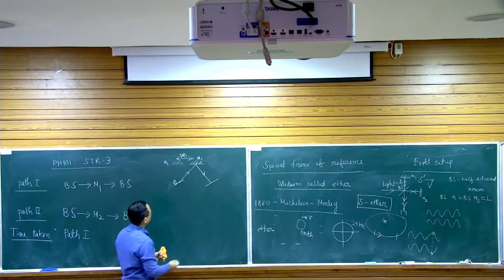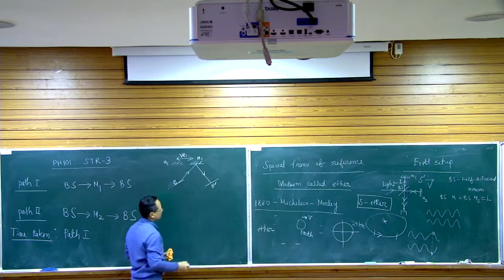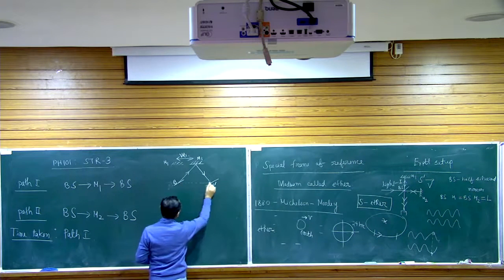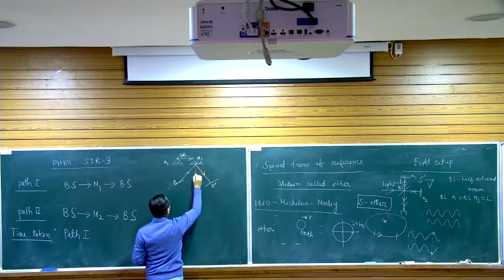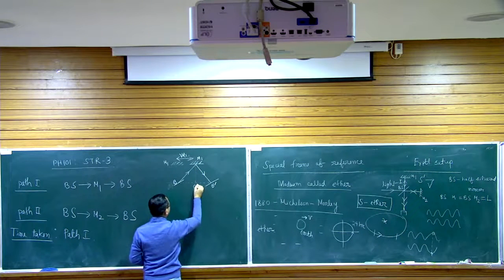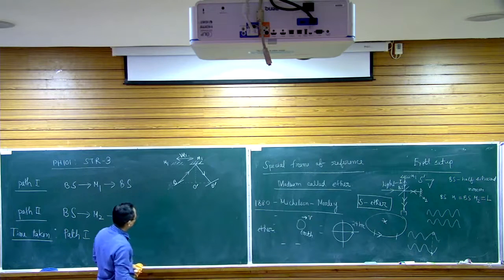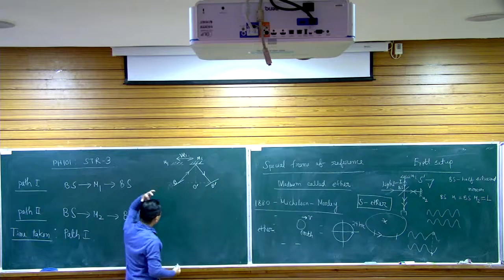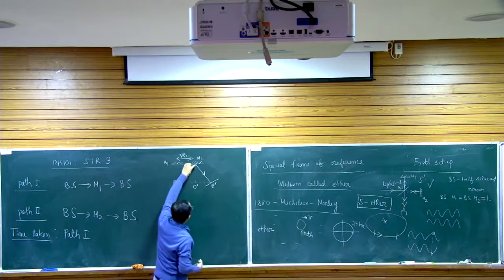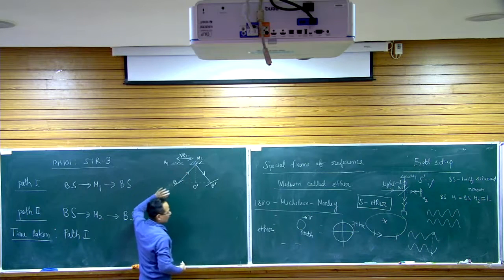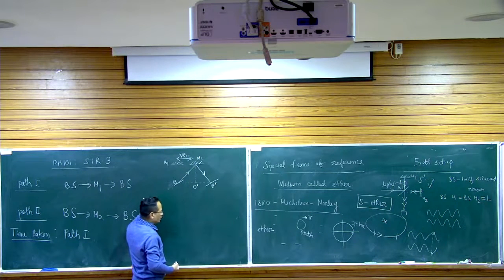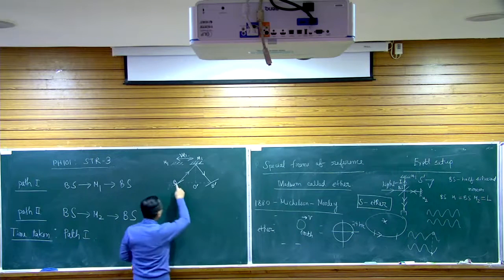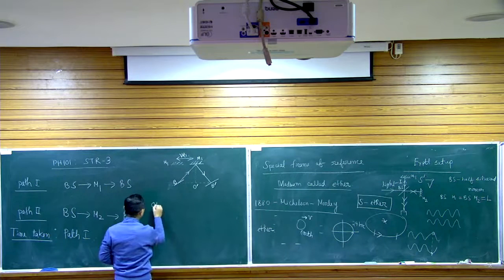So this is as per the frame of reference of ether. Now if you join these 2 points, also drop a line here. Let's say O prime is the point where the perpendicular is intersecting the line B prime. Now you see the distance from B to M1 is the distance as observed from the ether frame that light travels in time t1. So the distance BM1 is equal to CT1.